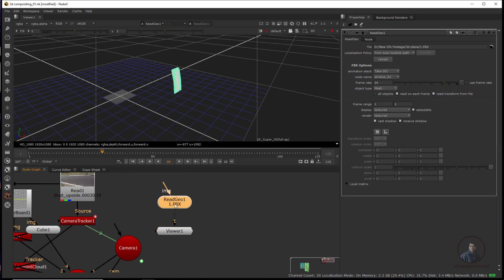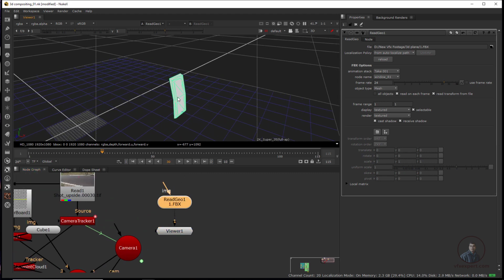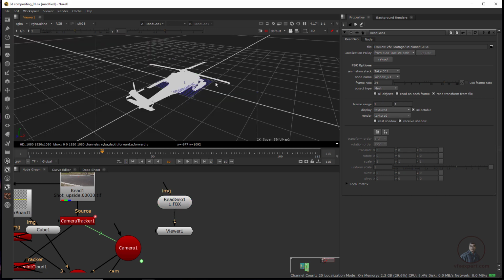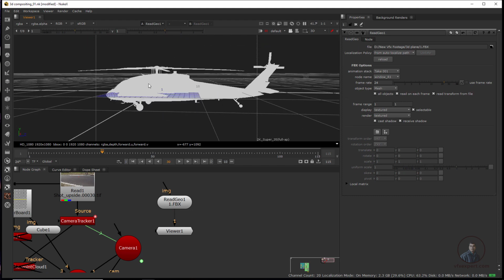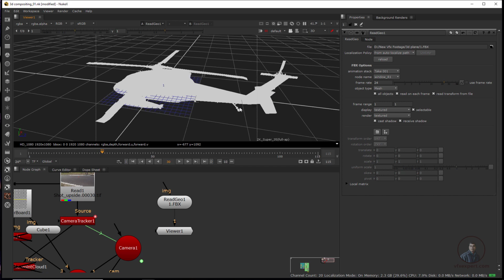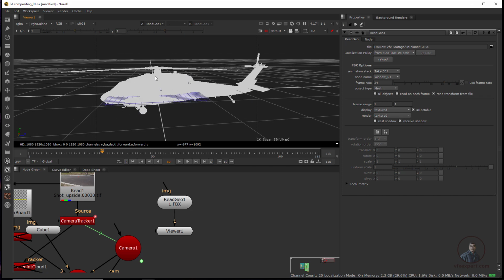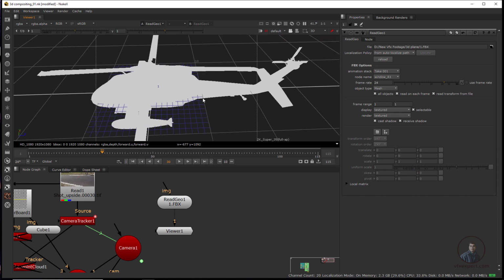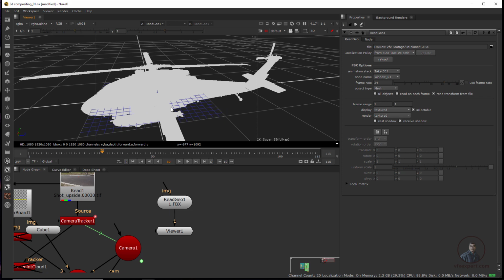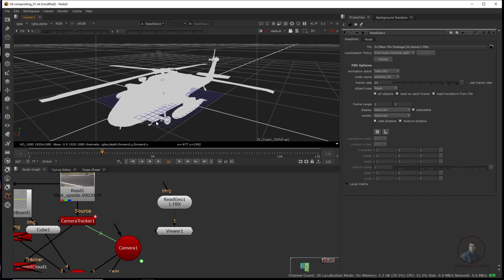Okay, now here you can see it's showing only one element, so come to the right side. Simply click on all objects. Now you can see, and press F here. So easily you can see. So this is our plane here, a 3D plane here. So first we have to separate some elements here, because if you want to rotate these wings here, then you can rotate them and overall you can move your plane. So here I am going to separate some elements from this total model or overall model.